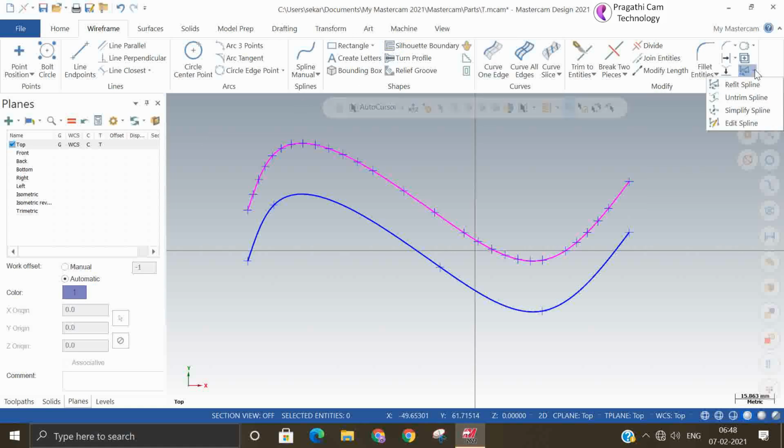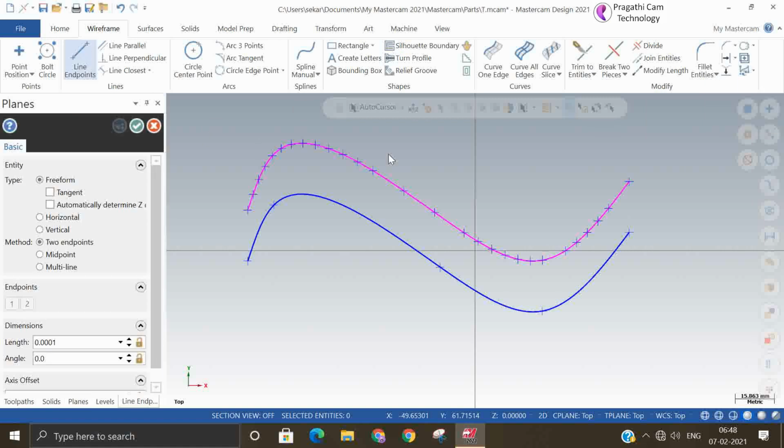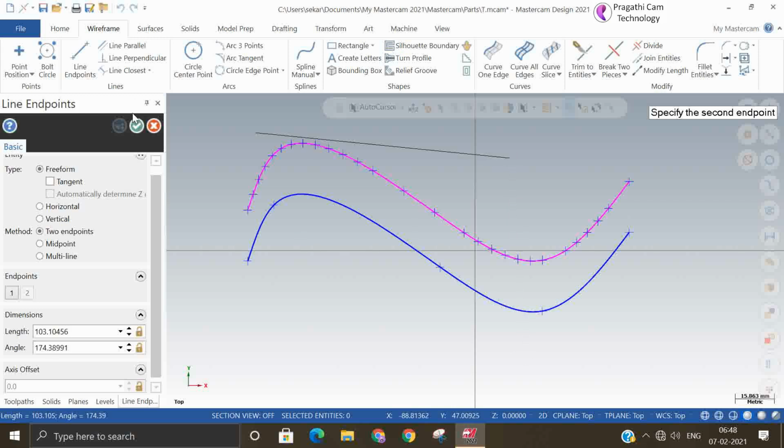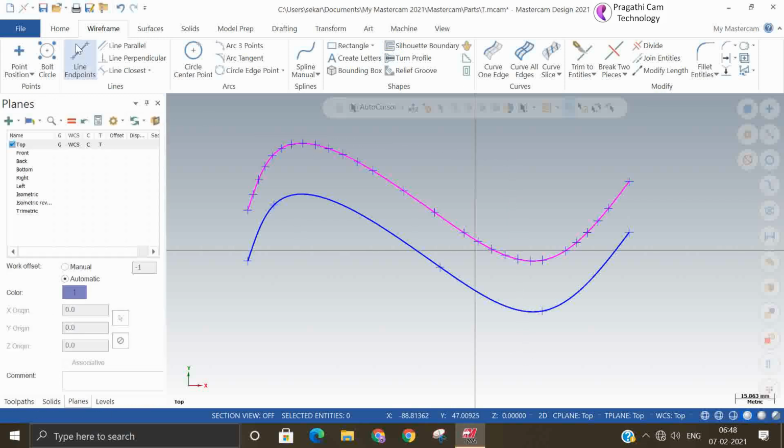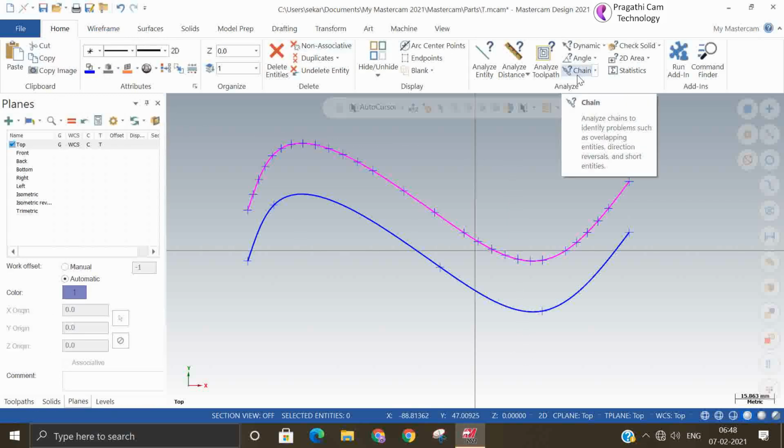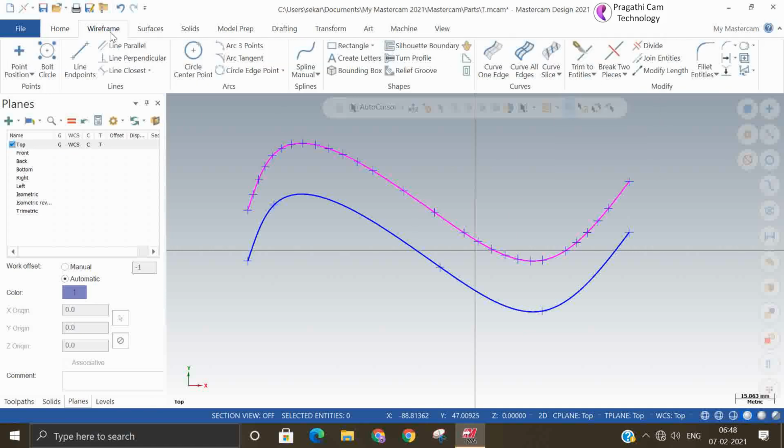So it gives better control. So I will break this spline now.